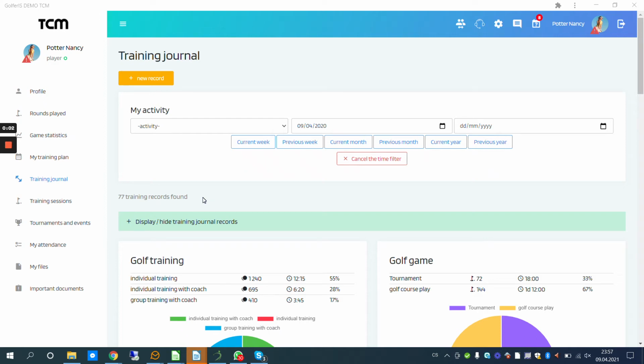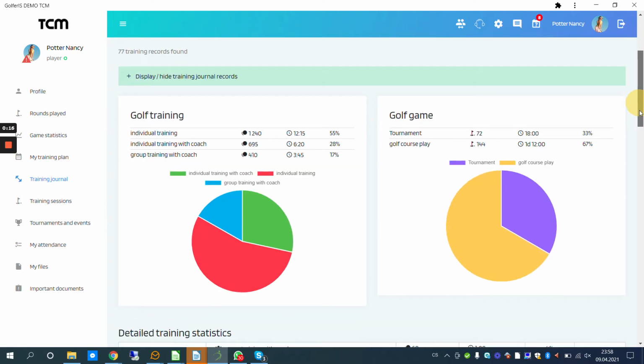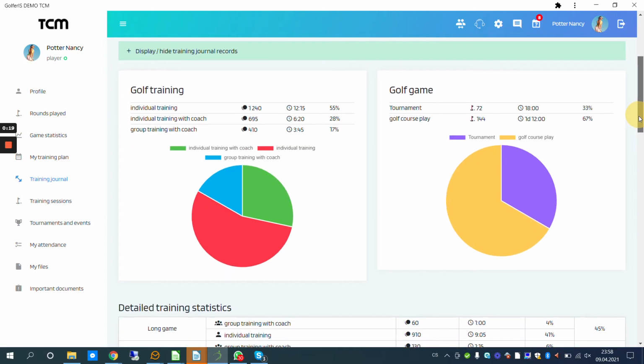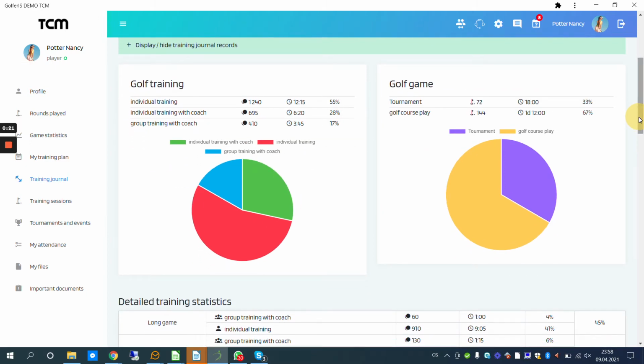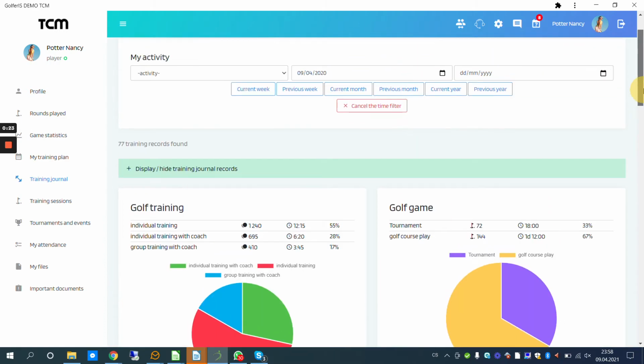Hi, this time I'm going to show you how the training journal works in the application. So I click on the training journal and I've got two options. I can either watch and read through the statistics of my training journal from the past, which I can use